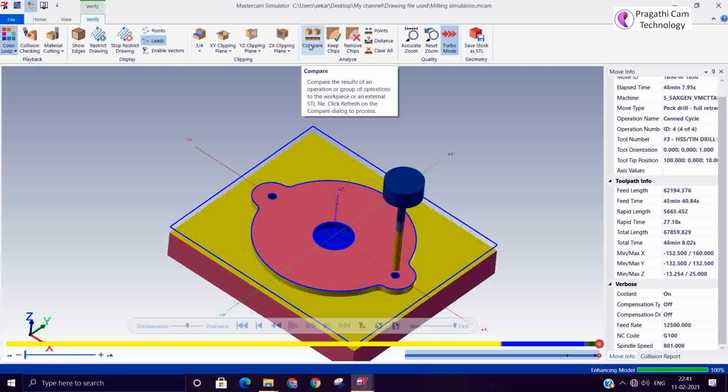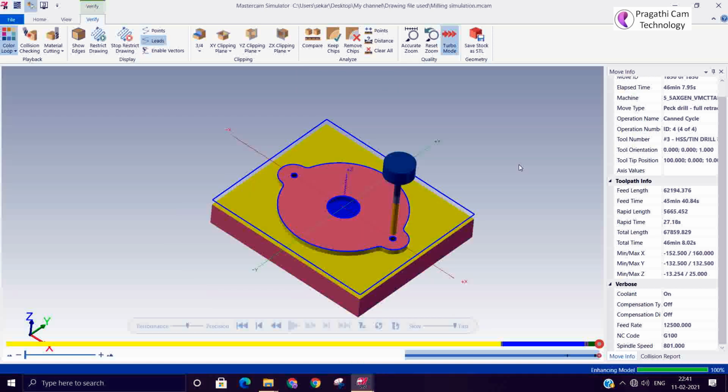Here the file comparison is there. This we'll see separately, not here. For this I need a solid model. Better we'll do it in a separate class.